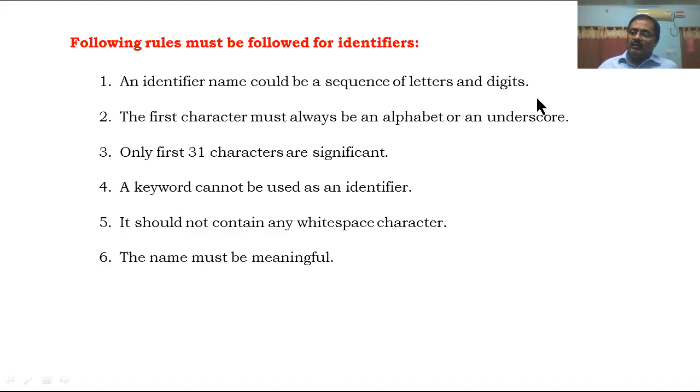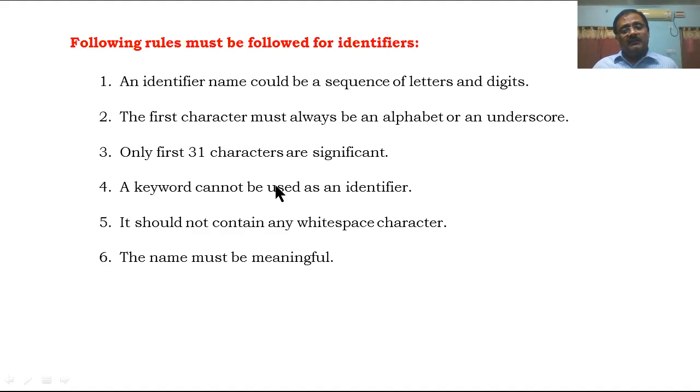Like this, the name of an identifier could be a combination of letters and digits. And the first character must always be an alphabet or an underscore: sum1 or A1, B1, S1, S2, like that. We can name the identifiers.